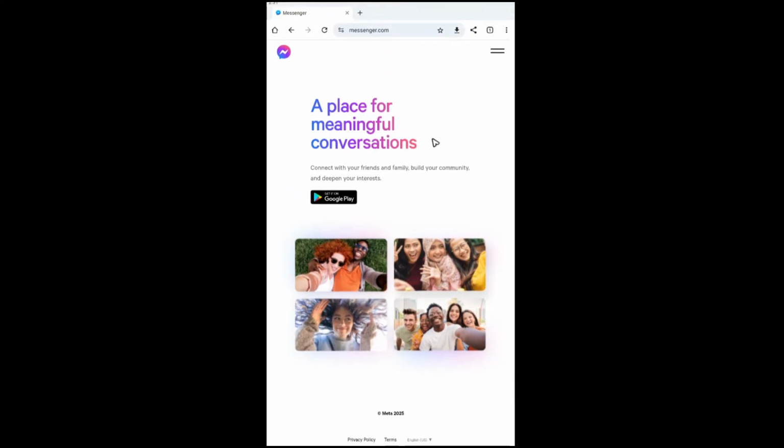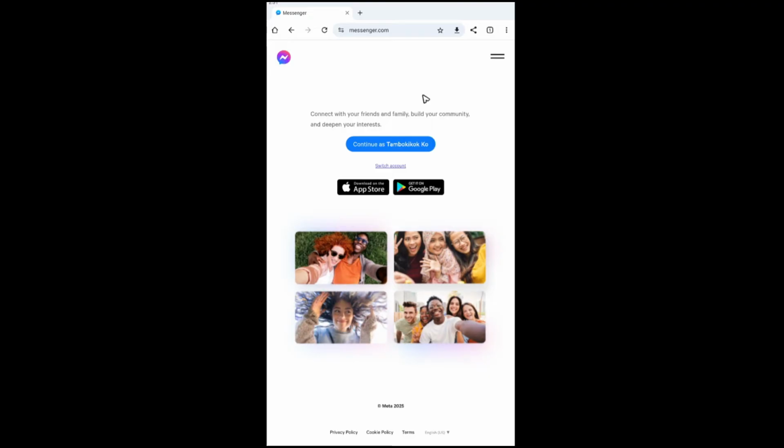So what we're going to do, as you can see here, we have the three dots right here at the top right. Tap on it. And in here, you're going to want to locate desktop site, as you can see here. And that will be a tick box. Just go ahead and tap on the tick box right here, and it will load up the desktop version of